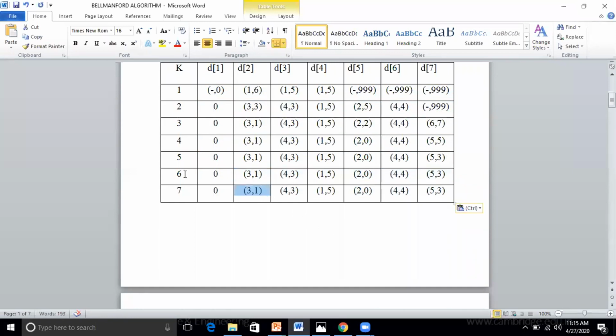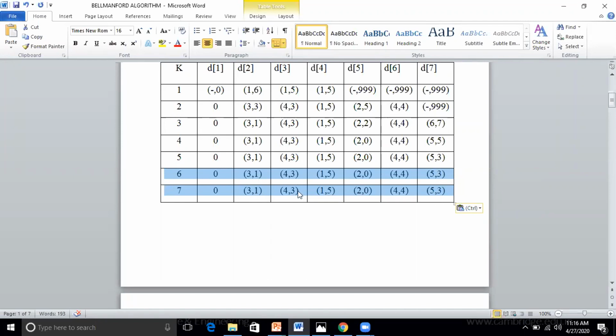Now you check the previous iteration value and 7th iteration value. Is there any change? No, sir. If there is no change, then the graph doesn't have negative cycles. We have a shortest path for it. Are you following? Yes, sir. So this is the shortest path for what? To reach 2, via 3 we get 1. Shortest path for 3 is 3, 5, 0, 4, 3.